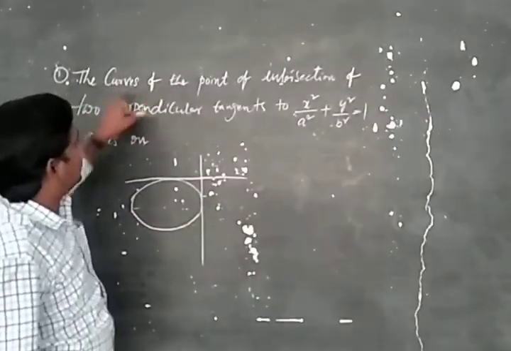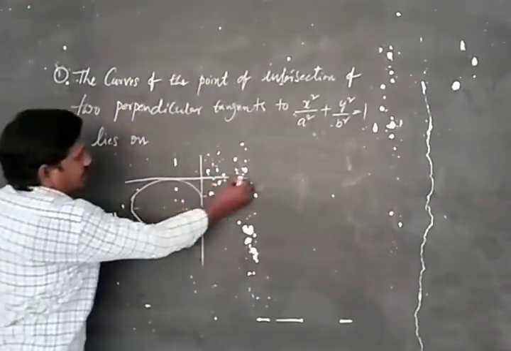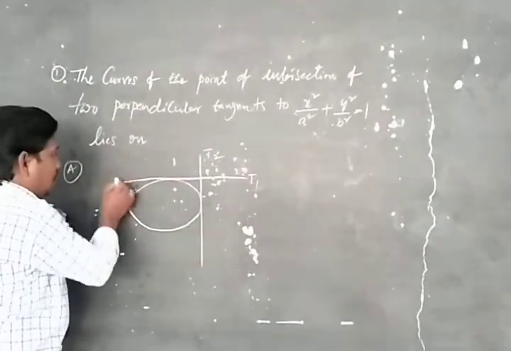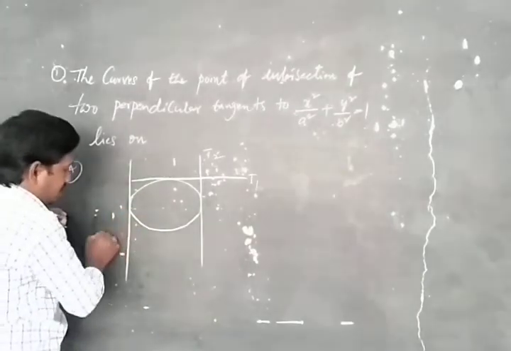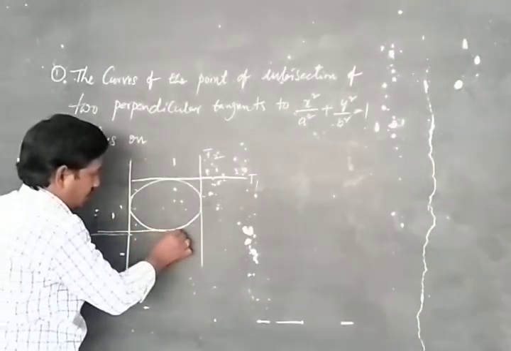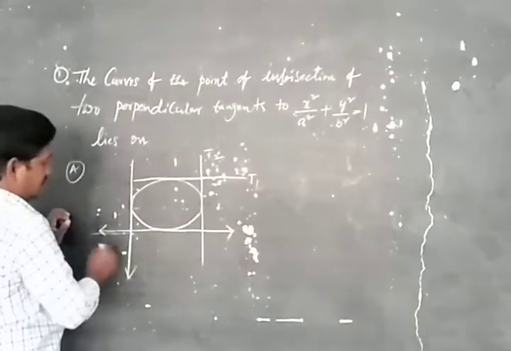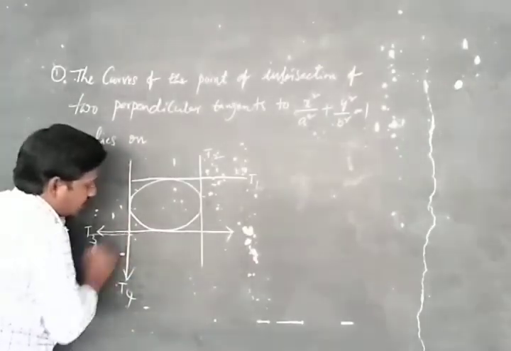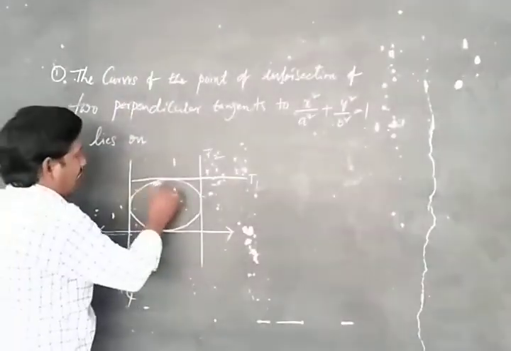The curves of the point of intersection of two perpendicular tangents. This is T1. This is T2. Two perpendicular tangents, so it is also another tangent. This is also a tangent. This is T3, T4. This is also a point of intersection. The curves of the point of intersection. So when you add like this,